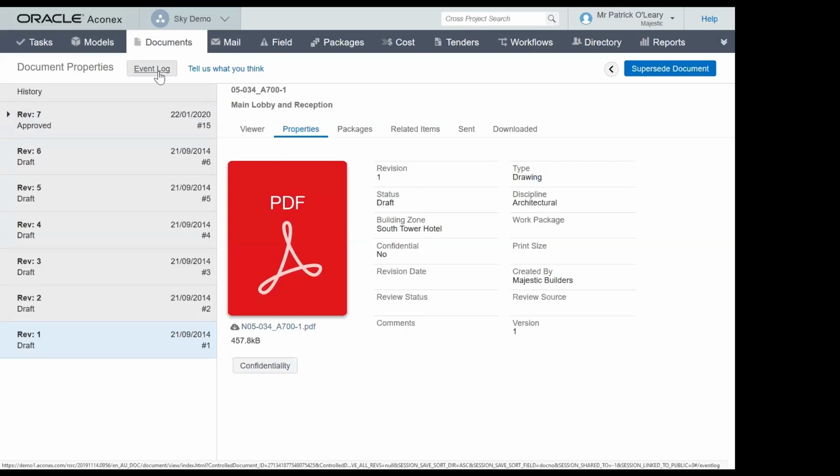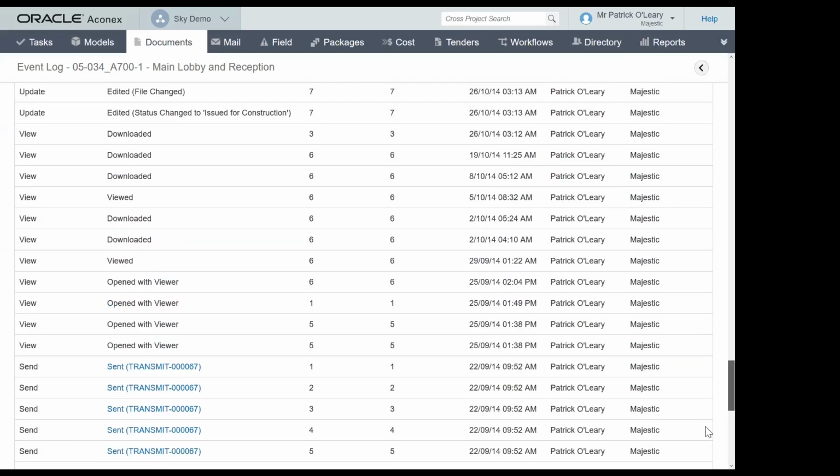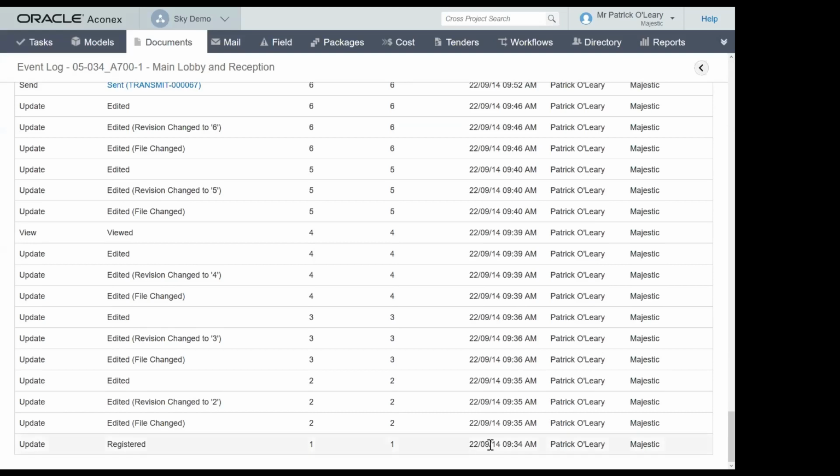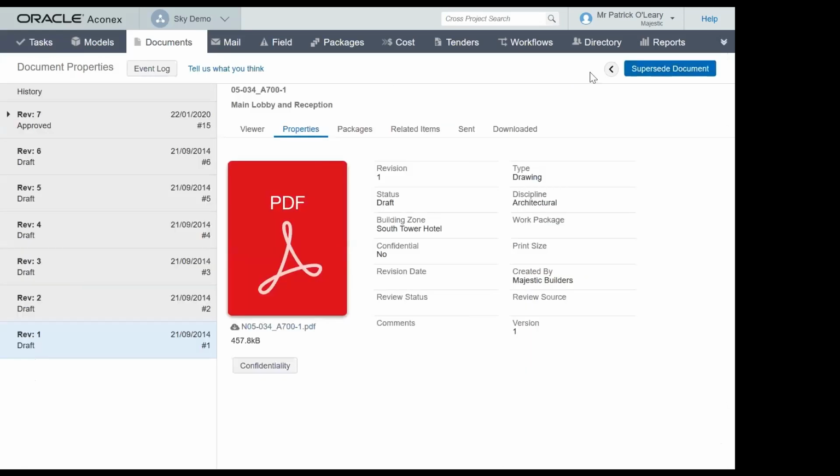We can even look at the audit trail. So we can see this document has just been viewed, a matter of seconds ago. This is actually in Australian time, but this is when we just viewed it, and all the way from inception. So we're able to see this document from the day it was uploaded into our system until the last time we viewed it. So that's how we handle the audit control purposes or our audit specifications in the standard.